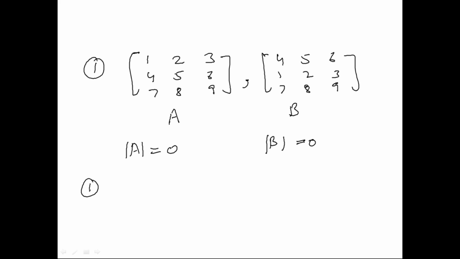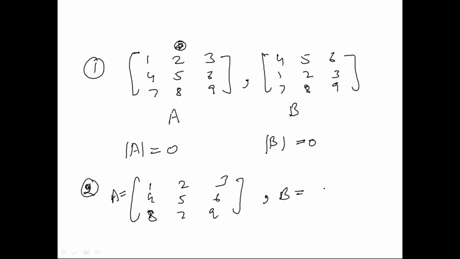Now let us apply this property again. The property says that, let us say 1, 2, 3, 4, 5, 6, 8, 7, 9. Over here we have done a mistake. I'll tell you after clarifying this property. Let this be A. Let B be 1, 2, 3, 8, 7, 9, 4, 5, 6. Okay. Ishwar, find determinant A. Avni, find determinant B.